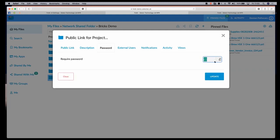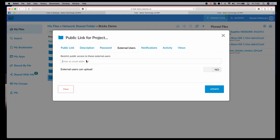So you could do something quite simple as a distributed password to a share. Even Foldr would tell you they're not particularly happy with that. So, you know, we would want to go a little bit further. So I'm going to take that out. I'm going to update it. But what I'm going to do this time is I'm going to require this to be